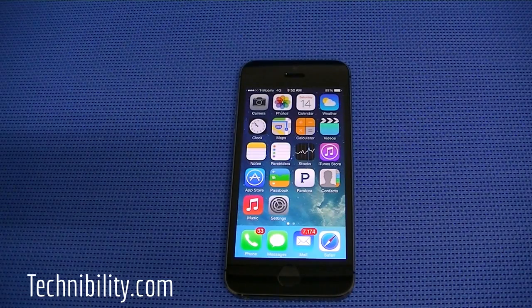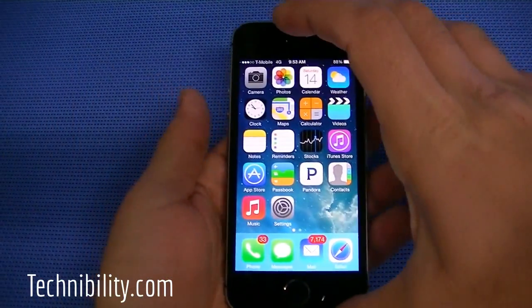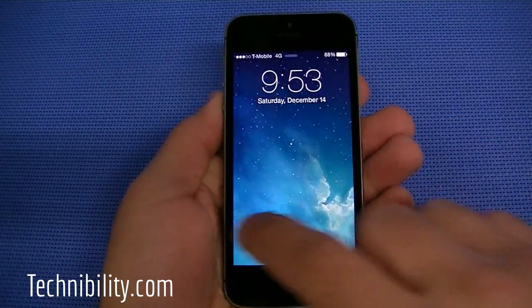Now, first thing I want to mention right off the bat is the network is better. With Beta 1 on T-Mobile's network, I was getting dropped calls. My 4G was dropping to Edge often. After one day of full testing, it's gotten better, and battery life has increased as well. The phone seems to charge a little bit faster too, but that could be a placebo. But no less, I did want to emphasize the fact that in terms of just sheer speed, okay, you